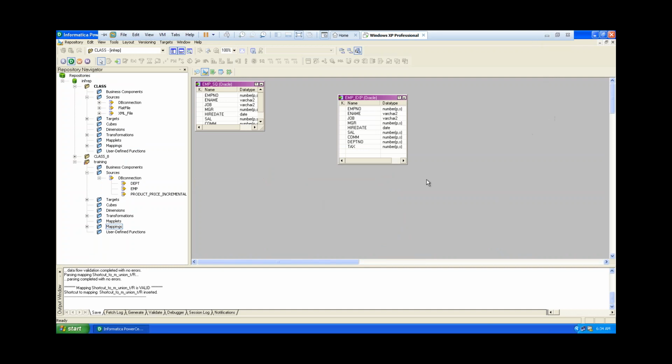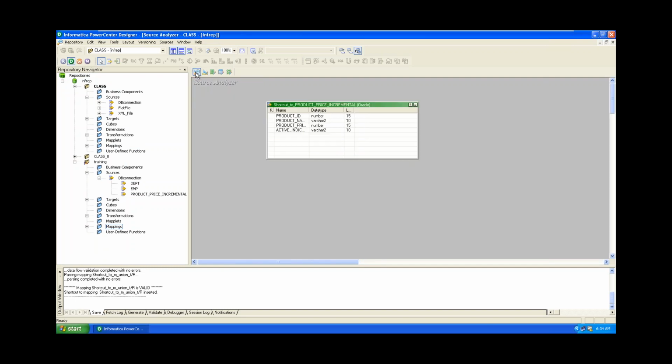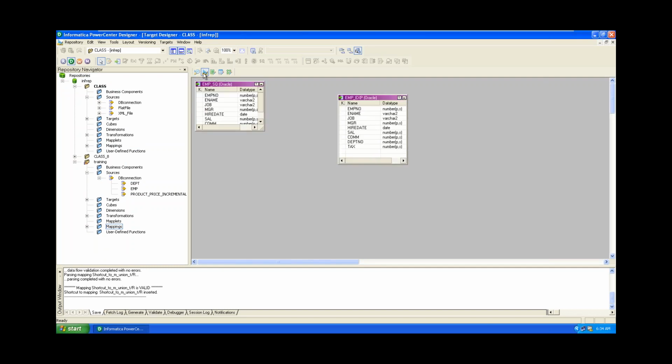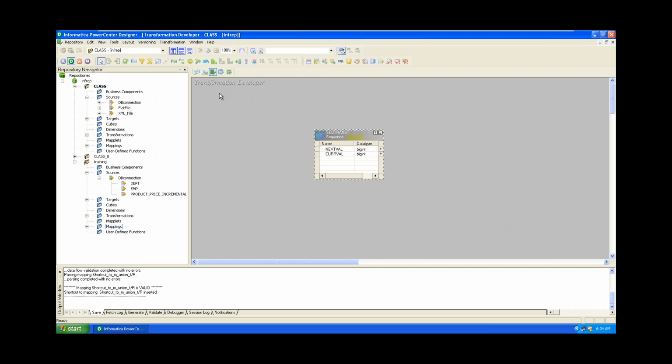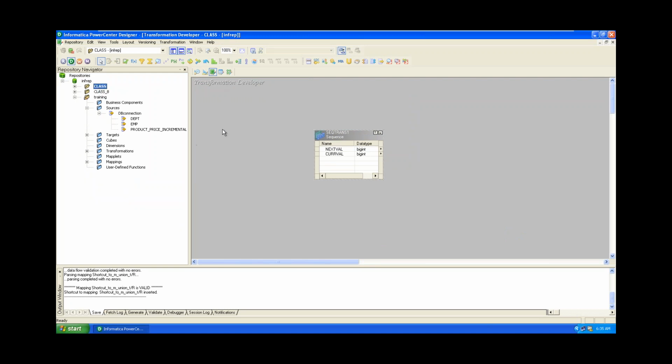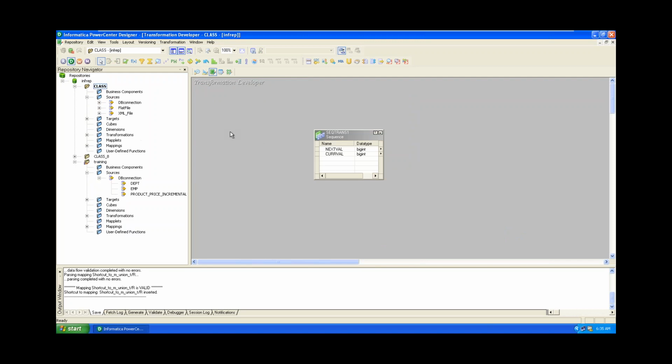Sorry, it's okay. Now we will see this. Up to now we worked with sources, target designer, and then mapping designer, right? Now what are these things? See, transformation developer. What it means? If we make any transformations here, we can reuse those transformations. If you create any transformations inside the transformation developer,